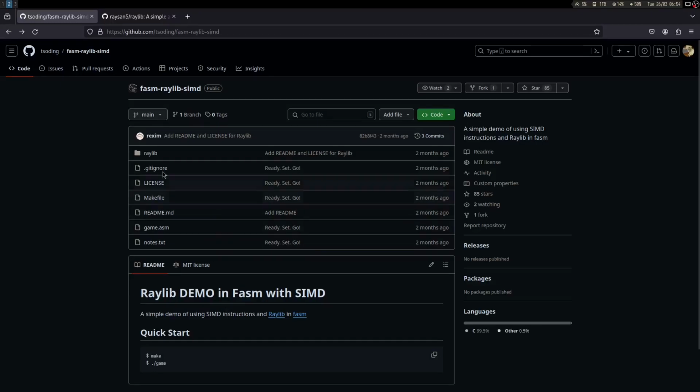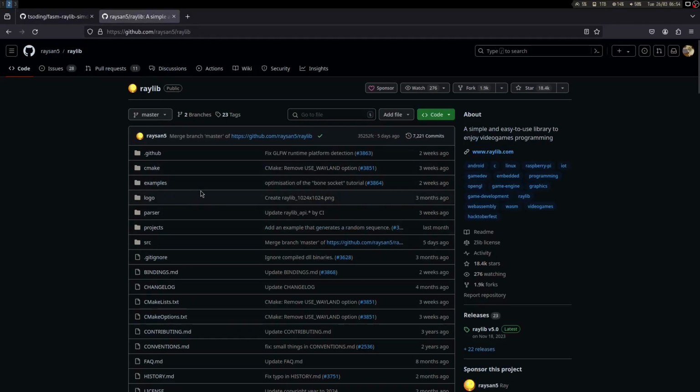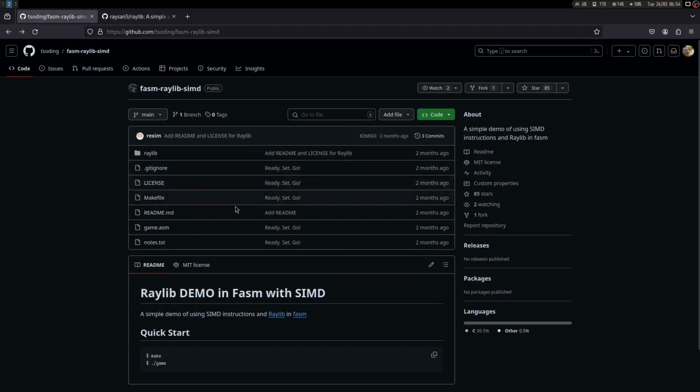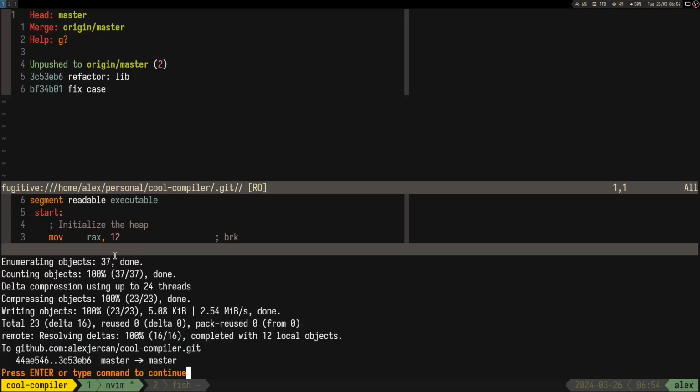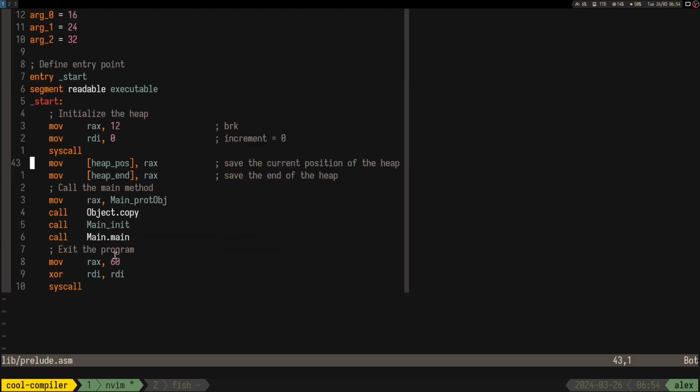Okay, so I've seen this interesting project, Phasm Raylib demo, and my idea for today is to try to replicate this thing in our cool language. And yeah, we'll use Raylib, right? And we'll try to imitate the same way of calling external libraries from this project. And yeah, let's see what happens basically, right? So